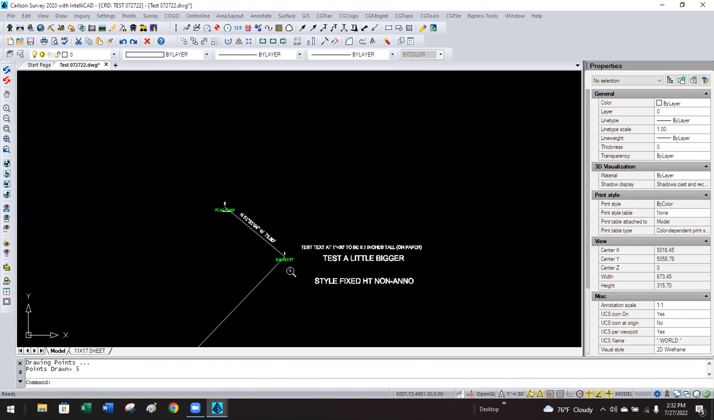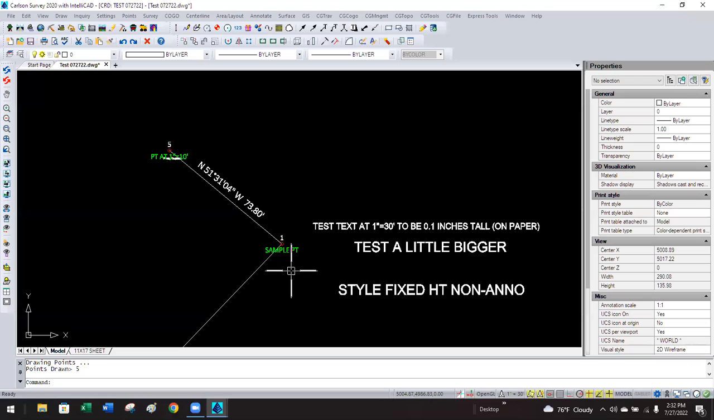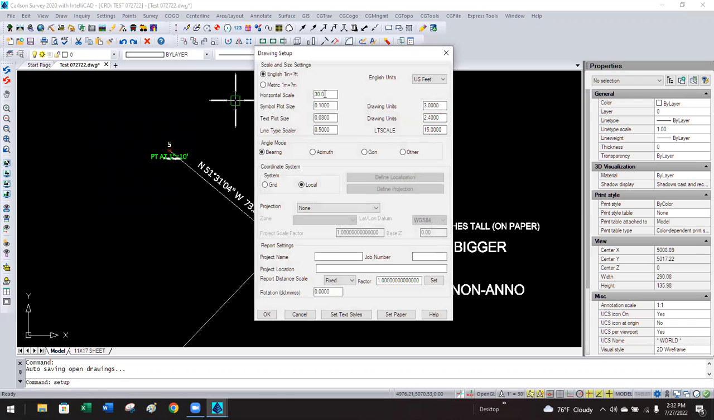Now that's at 1 to 30. So that's the right text size. Now, because that is annotative, it made it annotative. If I were to change this from 1 to 30 to be 1 to 5,